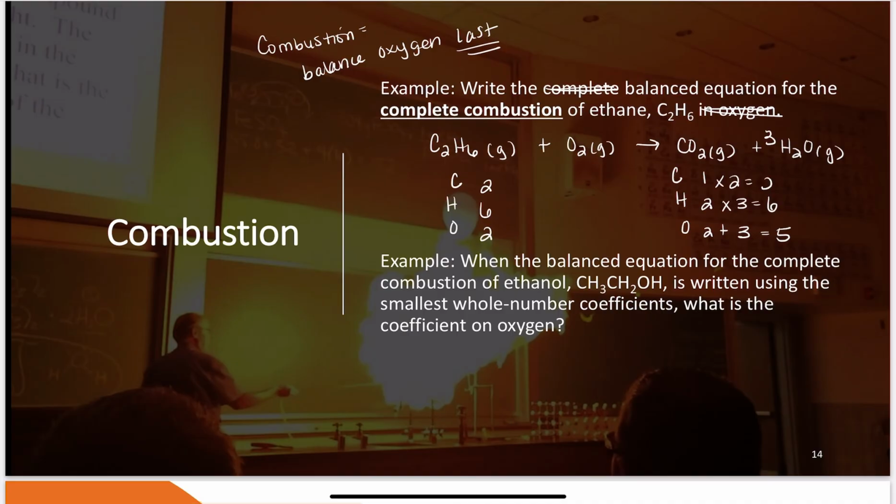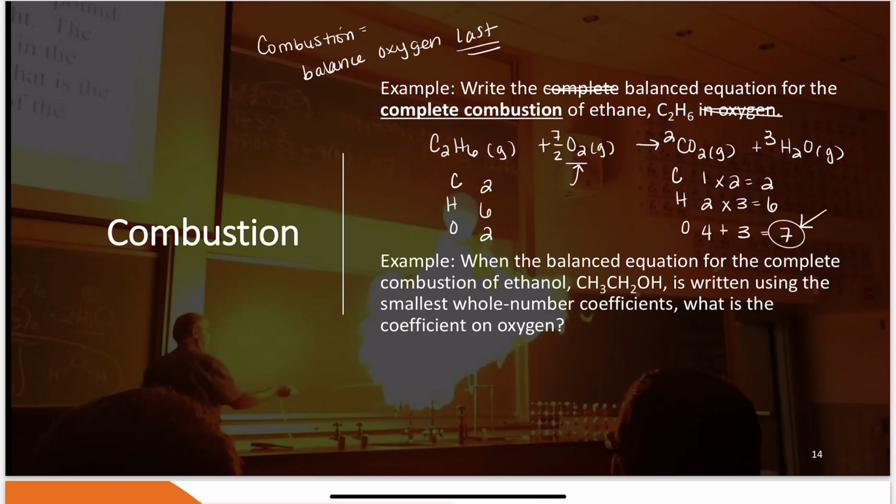Now I'm going to balance my carbons. Times 2 gives me a 2 here, but that also changes it here, giving me 4 oxygens here, and now I have 7 oxygens overall. You can play with this back and forth, but it's going to be a pain to get it to balance. What I recommend when you have this combination where you have an odd number over here and the diatomic here, you are temporarily going to do a fraction, okay? You're going to take the numerator here and the 2 down here is your denominator, and you're going to write